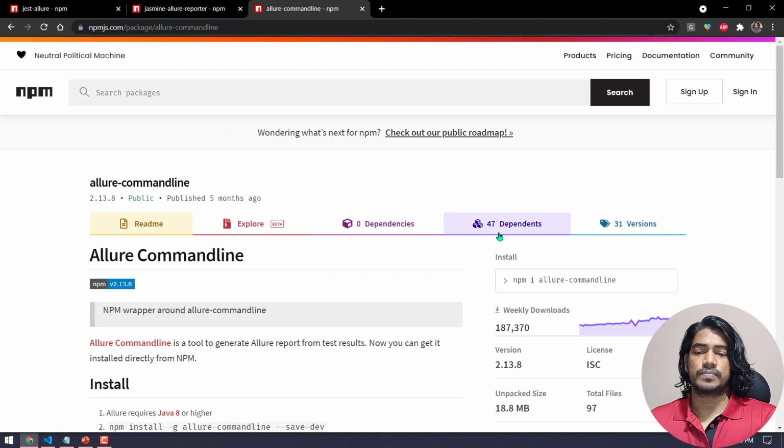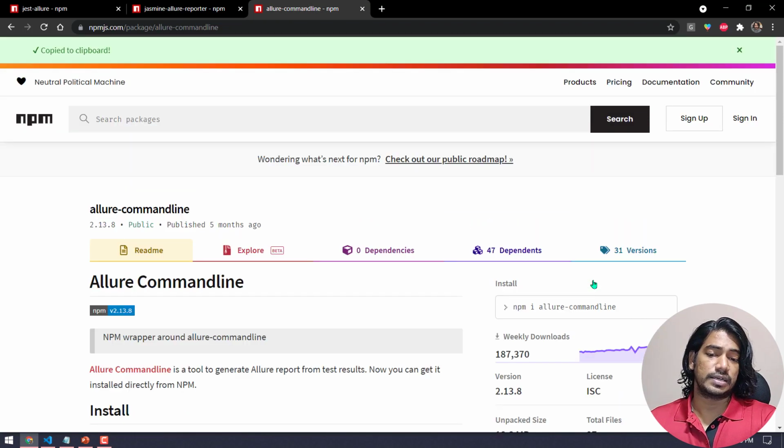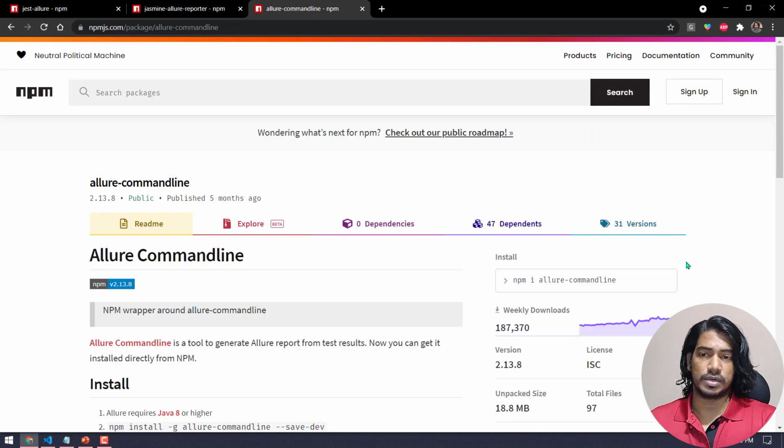Now last thing, we want the Allure command line to be installed globally. Why? Because as you know, the Allure report does not open without the help of a server. Okay, so we are going to bring in the Allure command line so that we can have a local server on our machine and we can open our report.